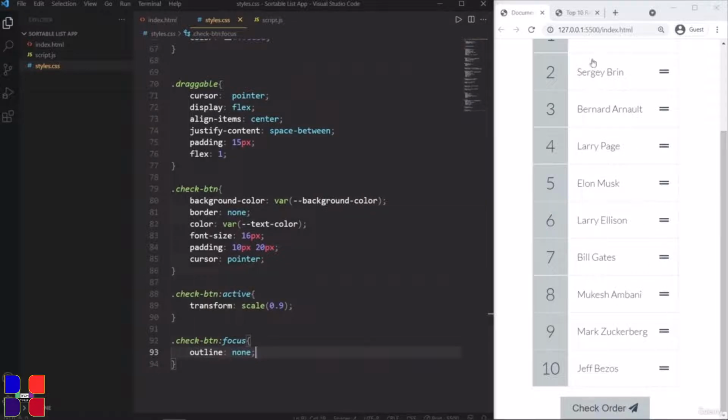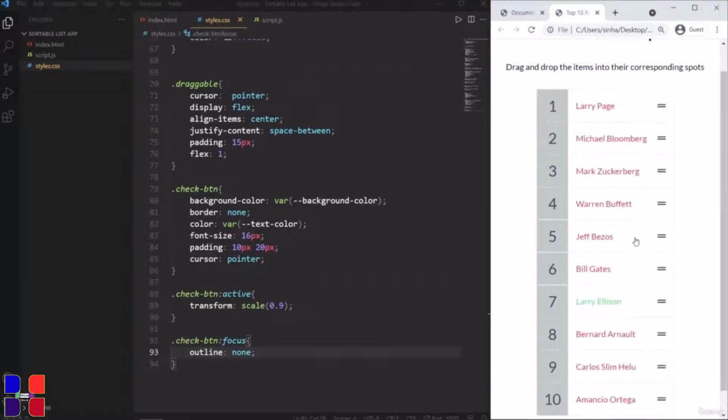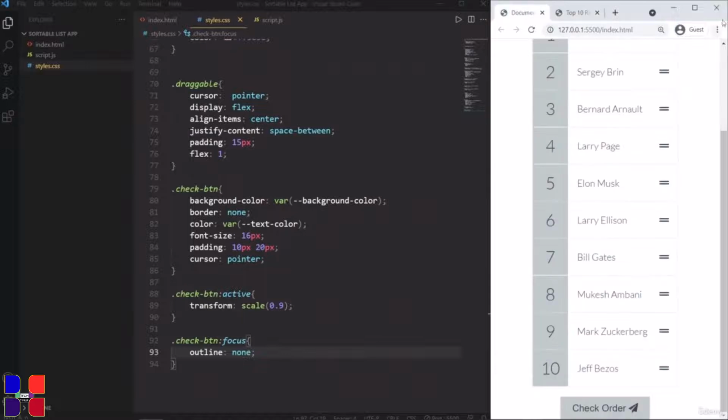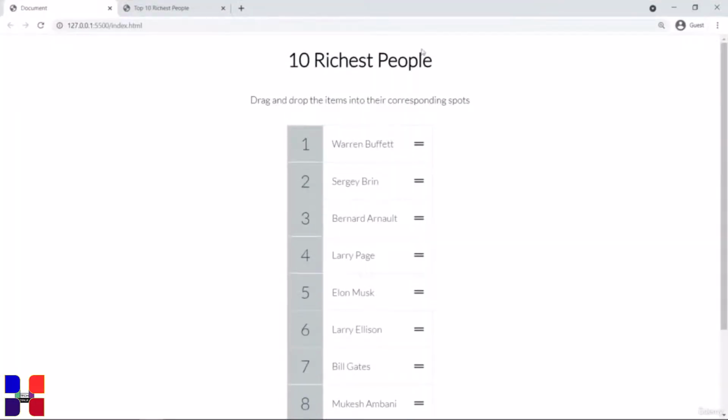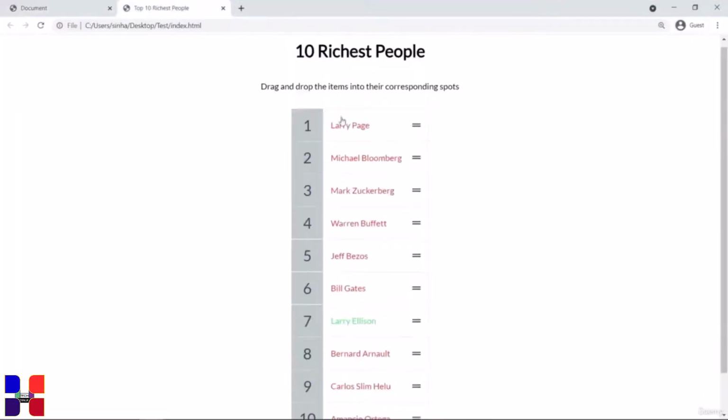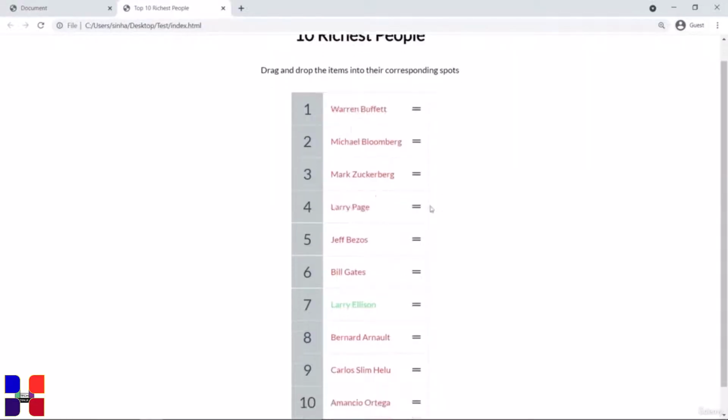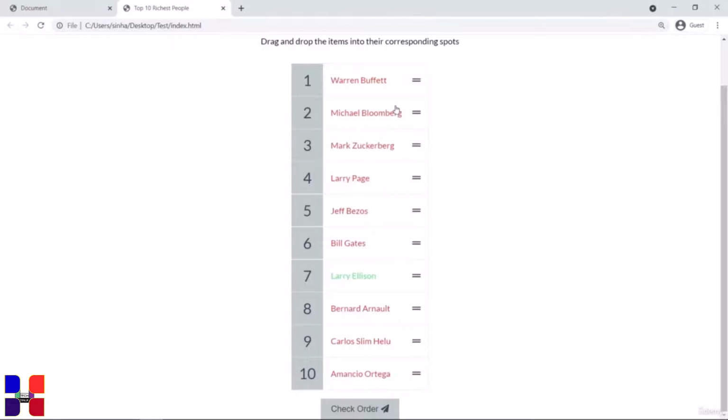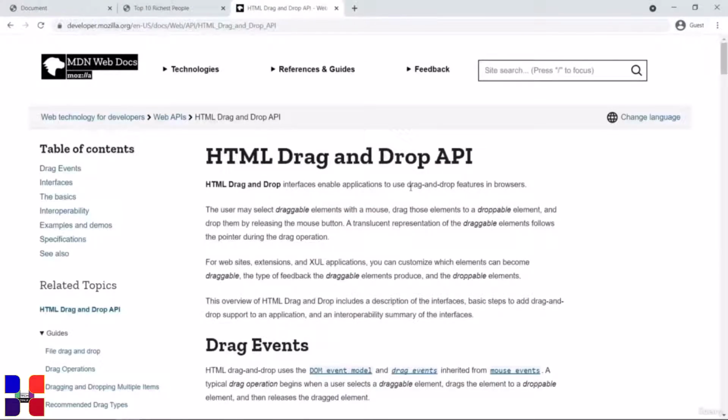So this was about the CSS part of this project. We have made this project look exactly like this. As you can zoom in here, you can see it appears exactly like this. So the only thing that is missing here is the drag and drop function, and we will add it in the next video. Now to add the function of drag and drop to our application, we are going to use